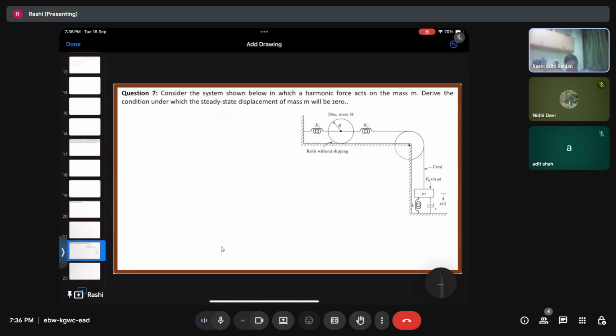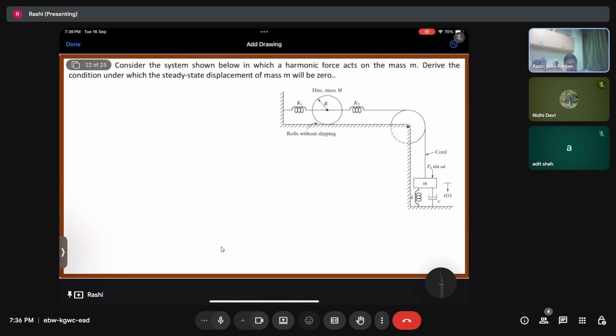Coming on to the last question, we have this kind of spring mass system which is attached to a disk of mass m in such a way. This question is basically related to the damped mass absorber. Up till now, leaving the previous question, we were discussing vibration absorbers which were undamped. They did not have the component of damping. But the last question and this question are concerned with the damped mass absorber. Initial cases were more about a primary system,